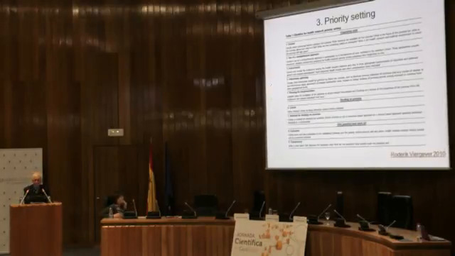The next set of resources look at priority setting, and here again, priority setting applies right from the beginning. Which guidelines are you going to develop within a guideline? Which recommendations are going to be made? Once you've done that, setting priorities for indicators to measure whether or not people are adhering to the guidelines and deciding where efforts are warranted to improve adherence to the guidelines. And also setting priorities for evaluation of efforts to implement guidelines.